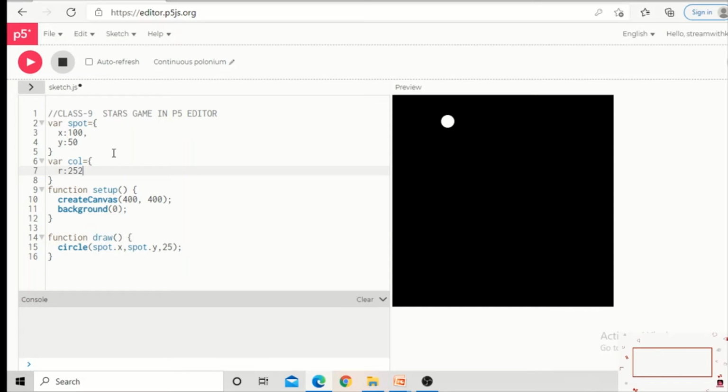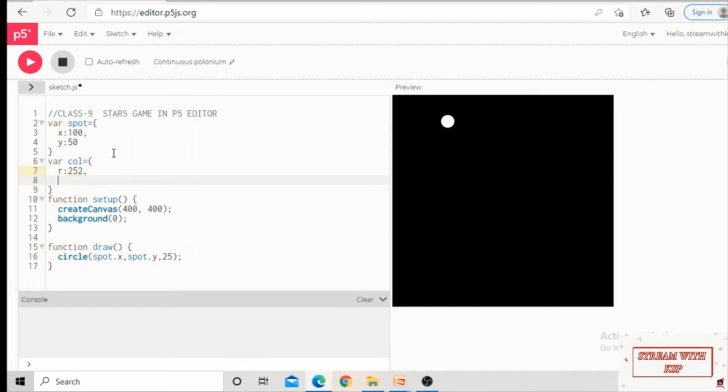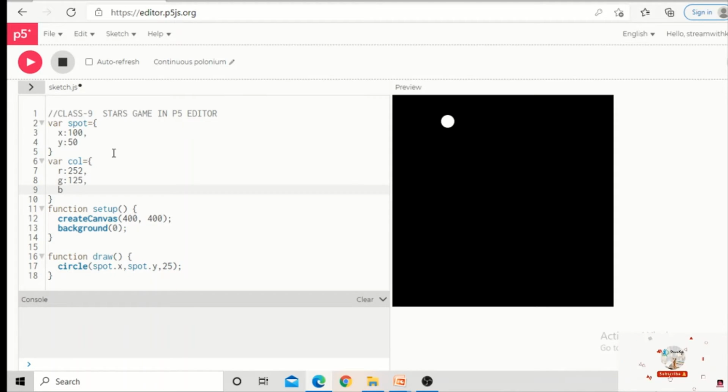I'm giving some 255 number, comma. Next I am going to mention the green color. It will be some 125 number. And then the blue color, it will be 99. Now you can see the color object with the different variables is declared here.